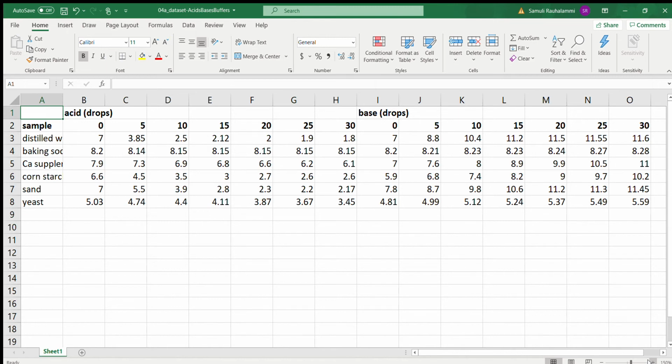So what you'll notice here is that all of the 6 samples are listed on our first column. And on our rows, you will see the number of drops of either assets or bases that we have added to the sample. And finally, you'll be able to see the pH of each sample with each different number